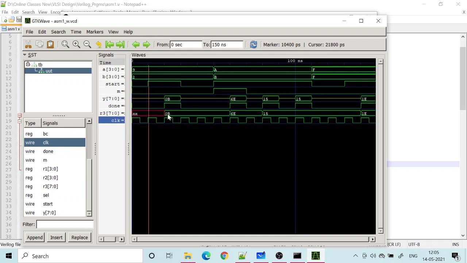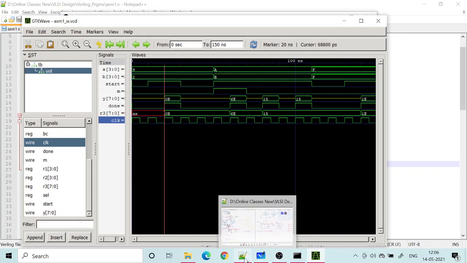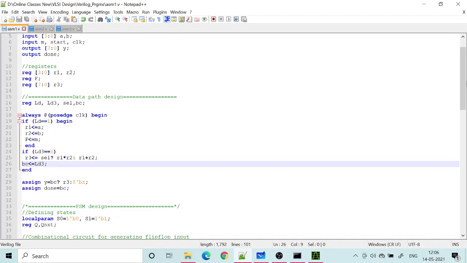By that time it was not yet loaded, so we were getting XXX, but now you see we are activating the buffer after a delay, in the next clock edge because of the delay flip-flop. So if you want the data corresponding to the current input to be displayed correctly, then we need to activate the buffer with the help of a delay flip-flop. Okay, so that was your adder cum multiplier.